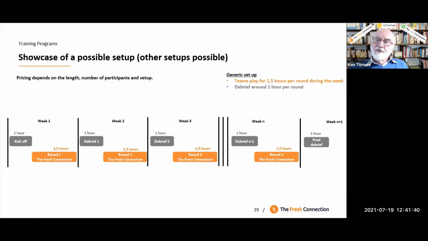What we're going to do for the training, the 4 rounds of the training, is we're going to have an hour and a half kickoff program, and then I'll leave you with your teams to go and configure the Fresh Connection in the way you think it's going to happen. And then next week we'll come back and have a debrief and have a look at the next few things we've added into the Fresh Connection. And then you've got a week with your team to decide what you want to do. And then the same thing will happen for the 3rd and the 4th week as well.